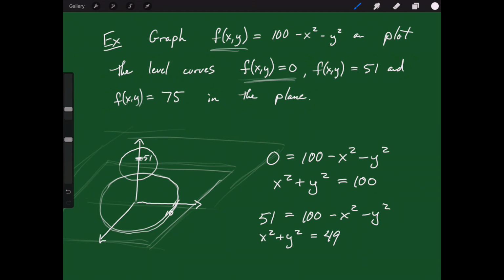Okay. And what happens as I get closer and closer to, so what about at 75? Up at 75, this thing is even smaller. It only has radius 5. And that would keep going until I got to 100, right? What would happen up at 100? At 100, I'd have radius 0. So if I were to start thinking about what does this thing look like,